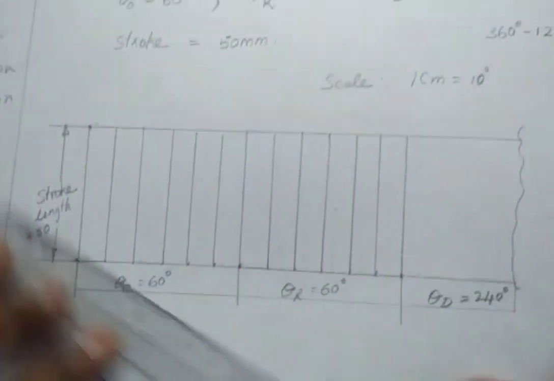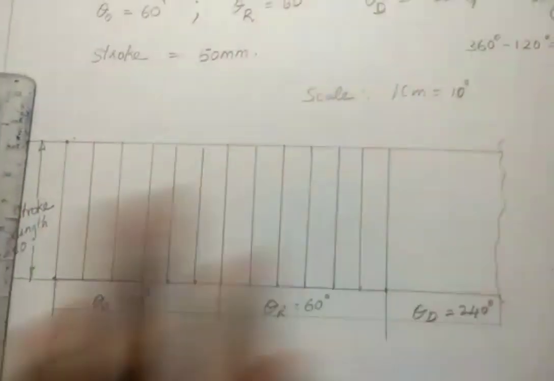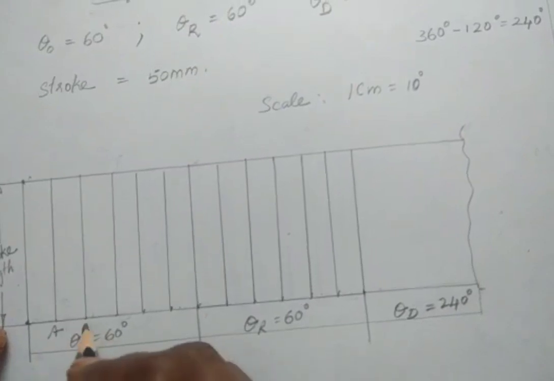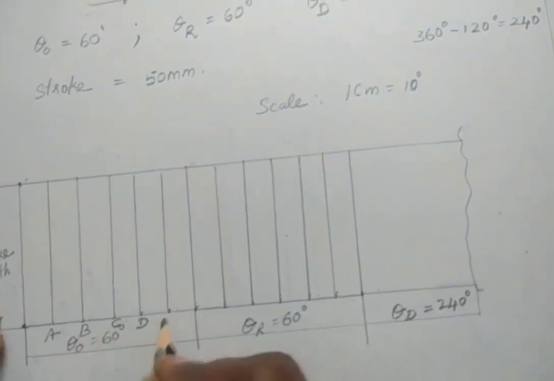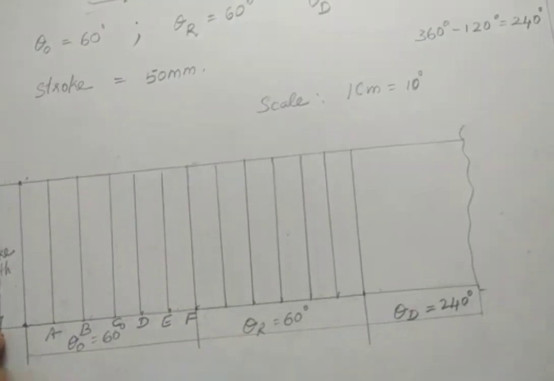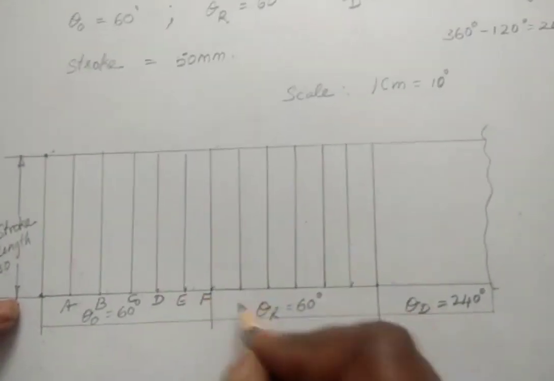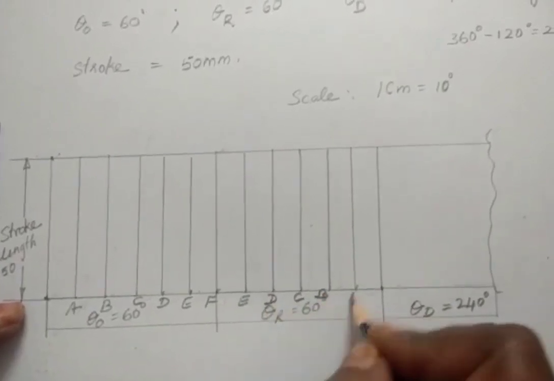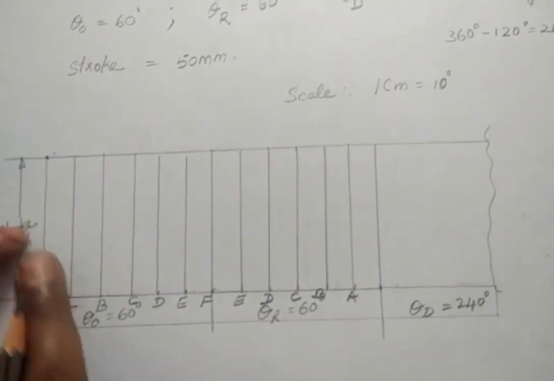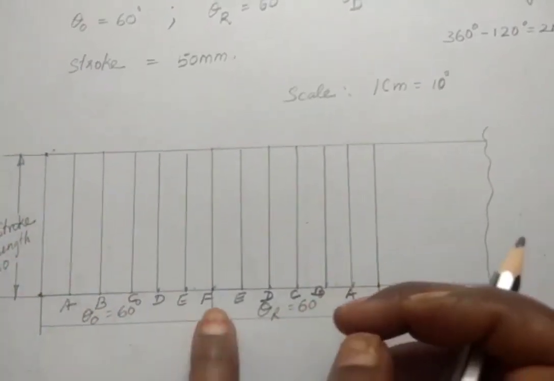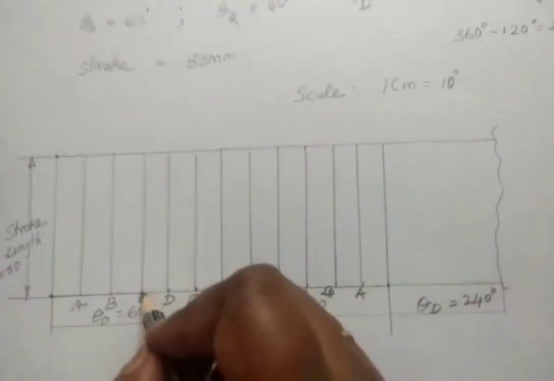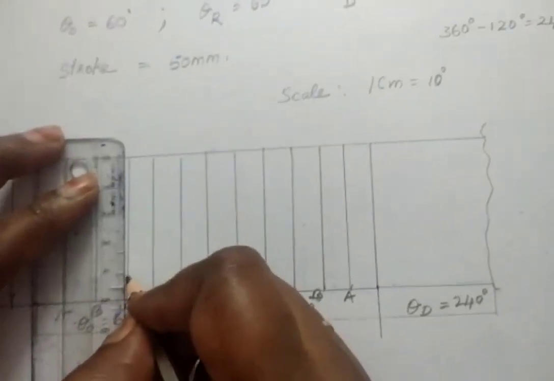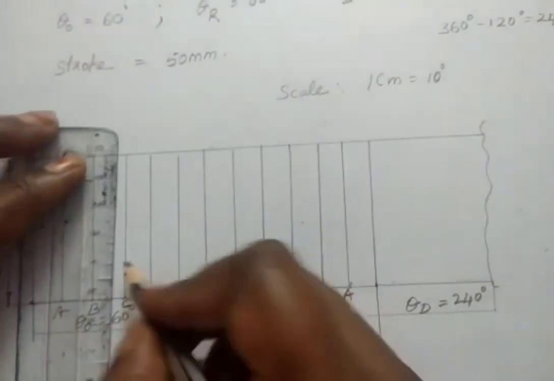Now I am taking the outstroke. Up to this, it is similar to uniform velocity motion. Now mark these points as A, B, C, D, E, F. Again it continues as the return stroke with the same points, so you make E, D, C, B and A. Now take the middle line of your outstroke. Up to this F you have the outstroke. Take the middle line and divide this outstroke also into 6 equal parts, because here you have divided into 6.